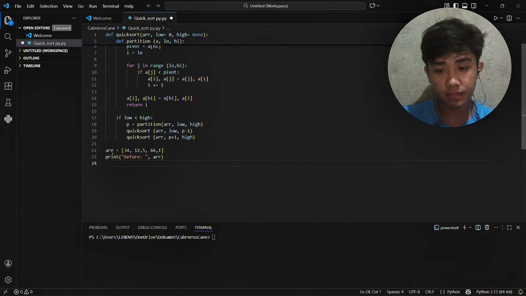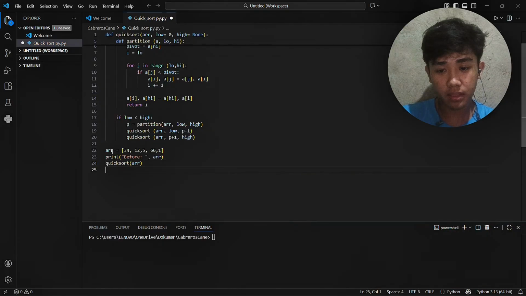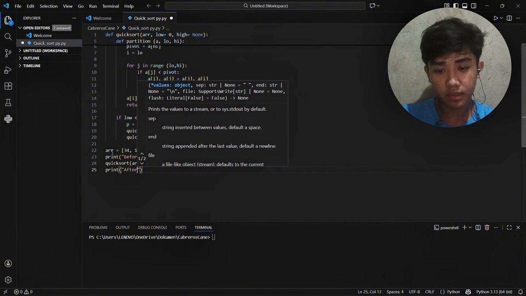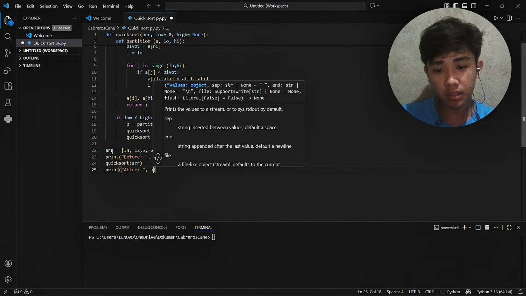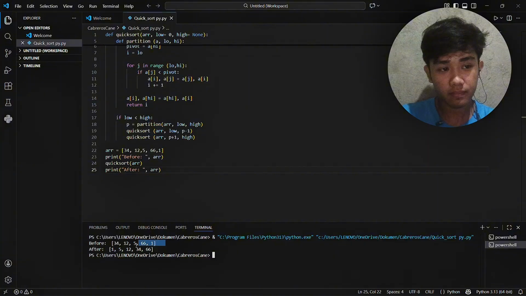Next, we call quicksort. Then we print after. Let's see what the output of the after will be. As you can see, in the difference between before and after, the array was sorted.